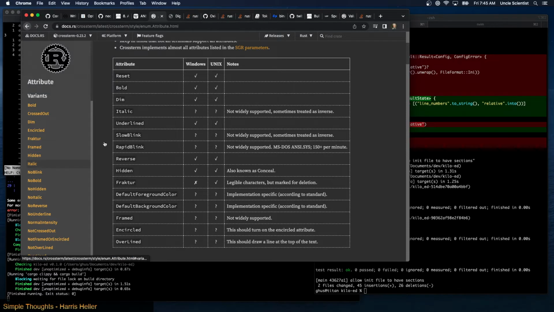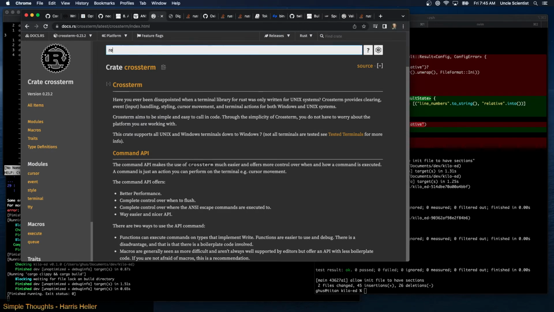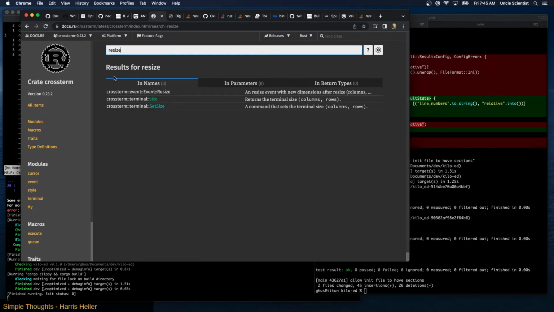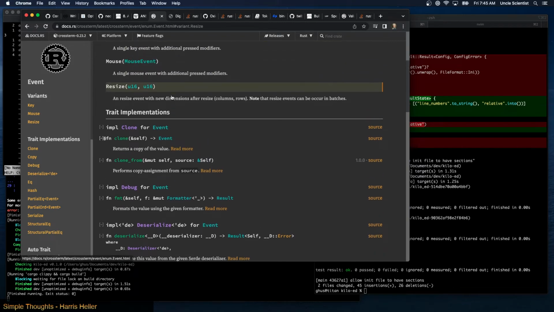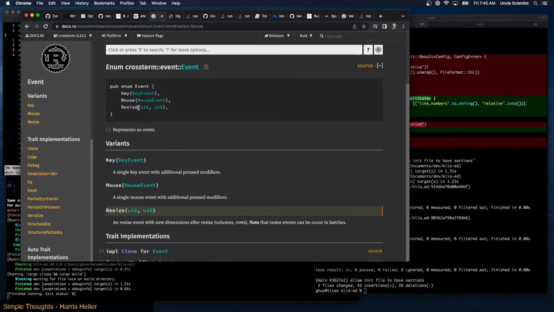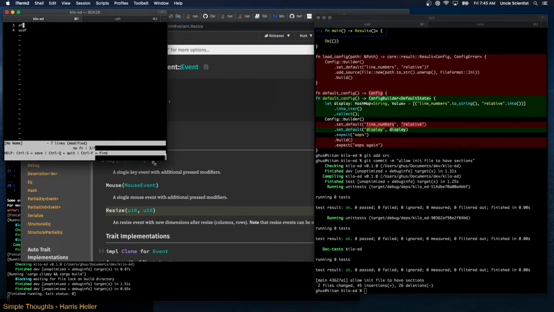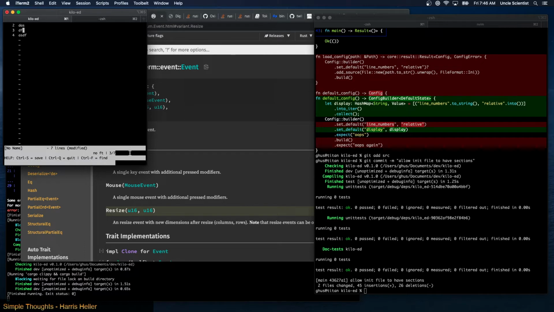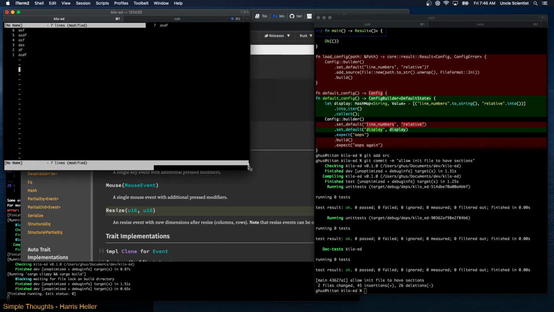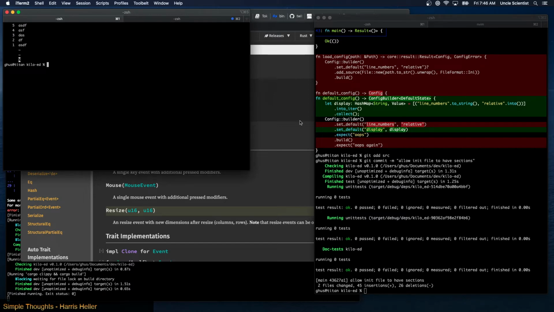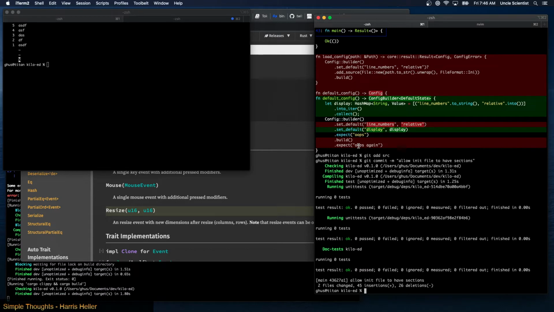So we can take a look at the crossterm crate, and I think there's got to be a resize, right? There is. There's a resize event that you can get. So that would be something good to do, right? To be able to resize this, because right now if I do this, it just wraps and it doesn't do the display correctly. See? Because I've changed the size of the terminal now. Okay, so I want to be able to handle resizes, which means our screen code has to be able